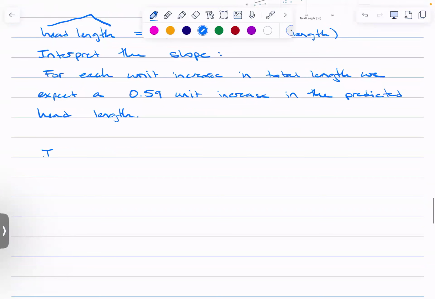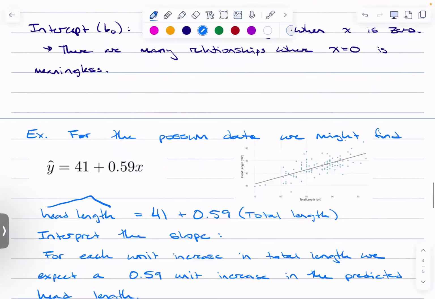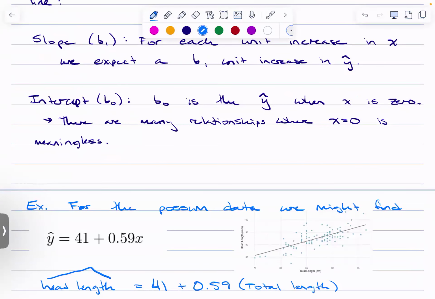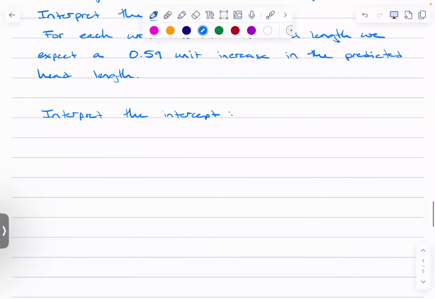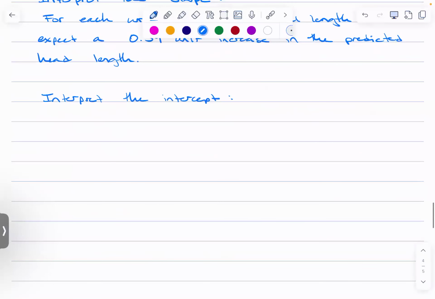How about if you have to interpret the intercept? What was the intercept? The intercept was the predicted value of y when x is 0, right? The intercept is the predicted value of y when x is 0. So 41 is the predicted head length